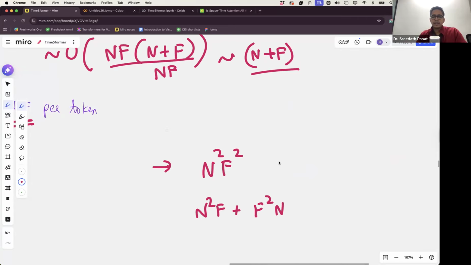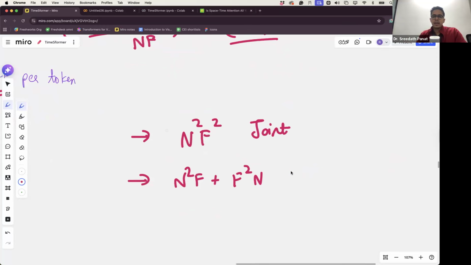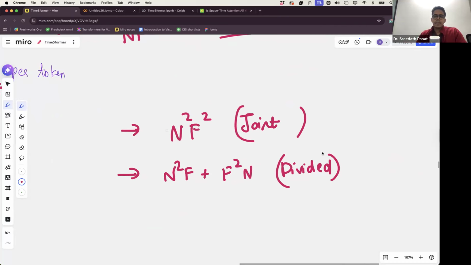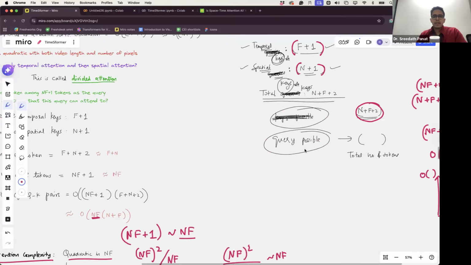So this is for joint. And this is for divided space-time attention. Okay, so this is the difference. And this plot,